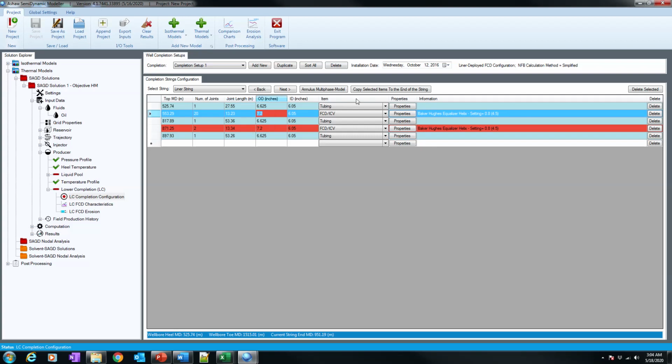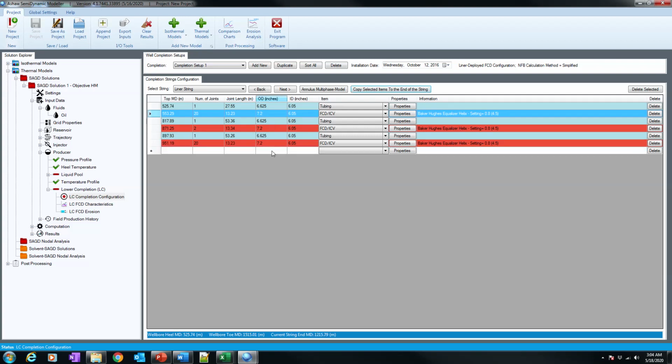And I have to put another FCD at the end, and this is 42, and it's 13.22. All right, now you have to define our FCD, and you can see it says Baker Hughes equalizer